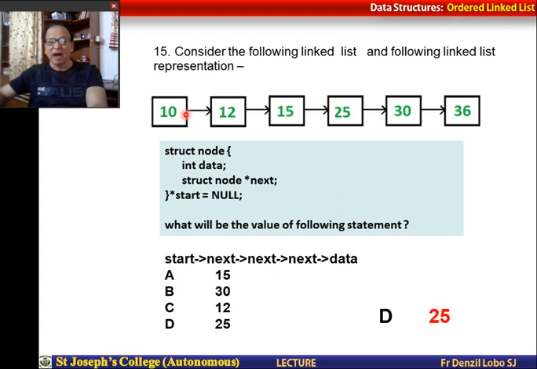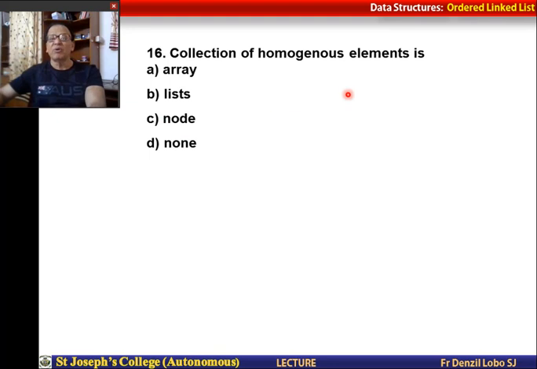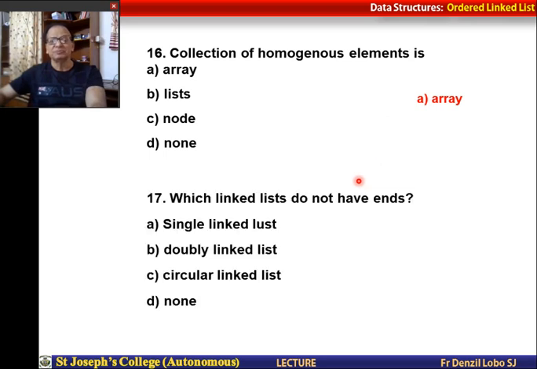Start next, then next, third next data: this is 25. A collection of homogeneous elements is known as, of course you know, an array. Homogeneous elements, only integers, whereas in a linked list you could have different kinds of data. It need not be homogeneous.